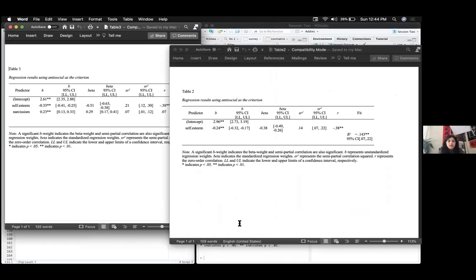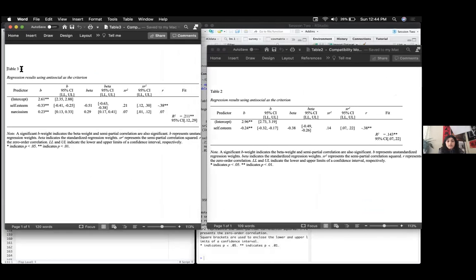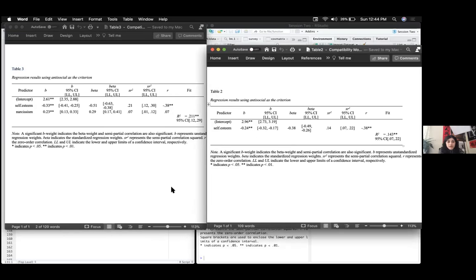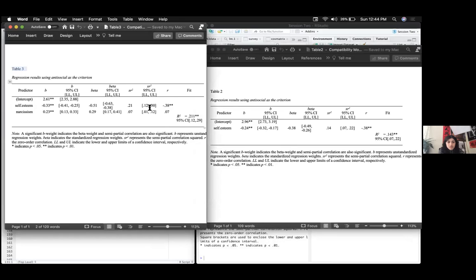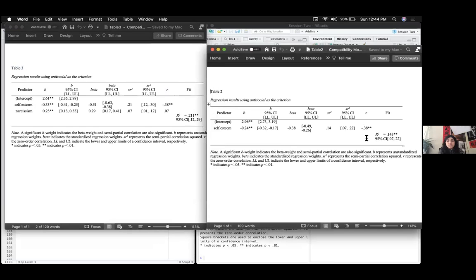As in my R code, I changed the name of my table from table 2 to 3. That's been noted. But I will show some things here. As you can see, the R is the same because these are just the zero order correlations. But other things are different, like the slopes and the betas that correspond to those slopes. Also the